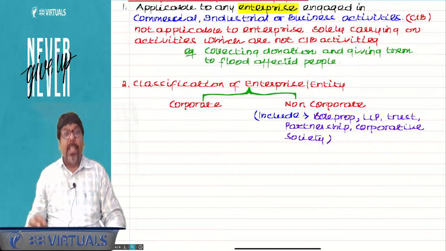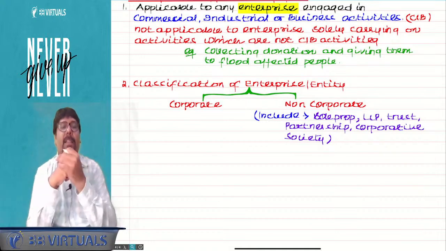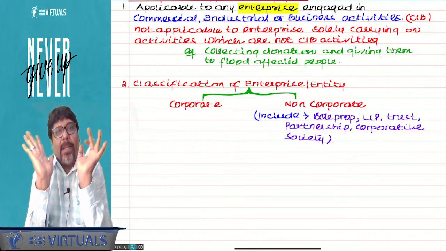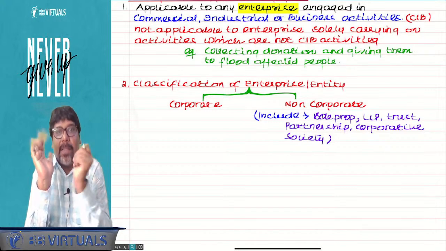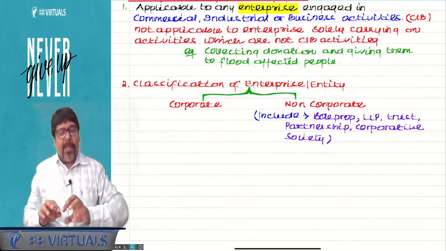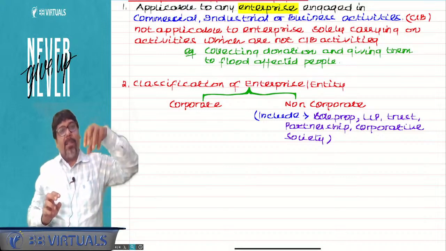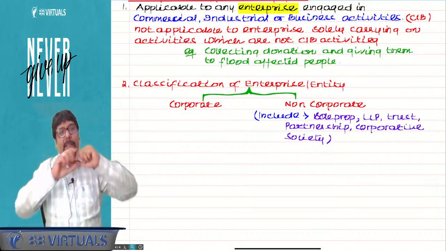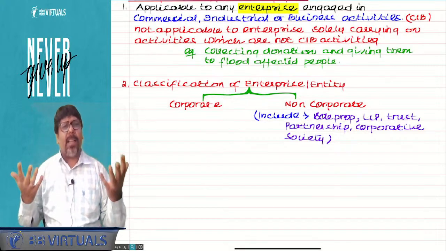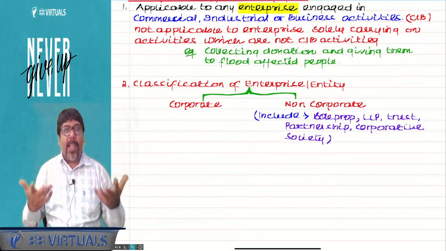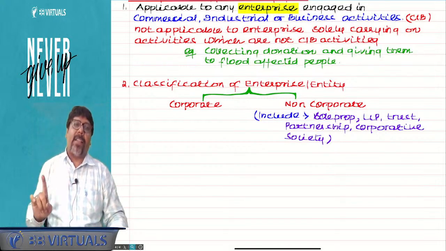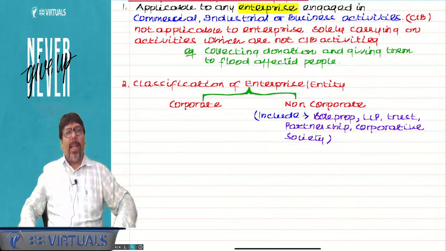Now tell me, chartered, will it be applicable to ICAI? Will it be applicable to BB virtuals? Yes. Service, profit making. Corporate, non-corporate? Non-corporate. It is not a listed company. It is not a company yet. Correct, chartered. And if it is a company, it will come under corporate. Am I clear? Veranda, the listed entity. Will it be applicable? Yes. Corporate. Will it be applicable on BCCI? Yes. It is a trust. It is involved in commercial, industrial, business activities. Yes. BCCI is making profit. Yes or no? Although it's a trust, but it is business activity, chartered. AS is applicable. Am I clear?